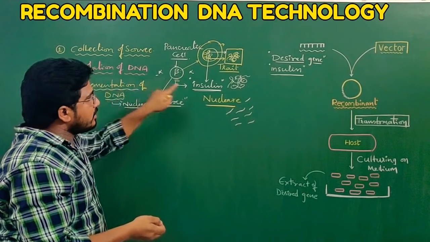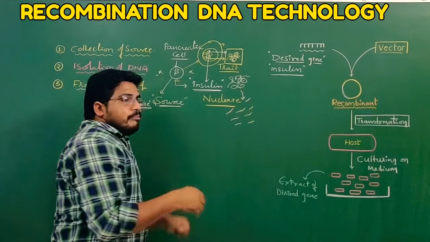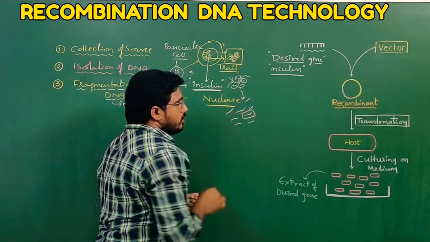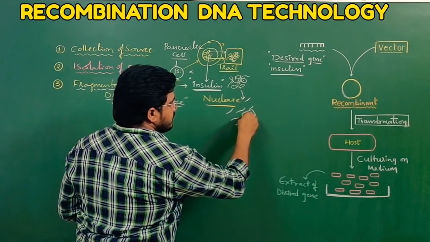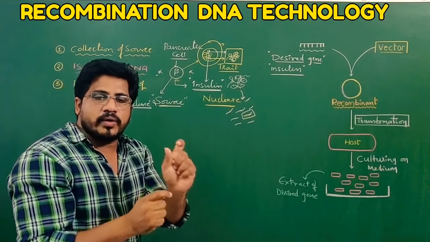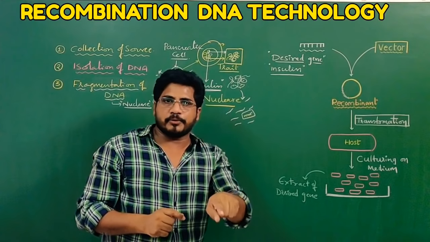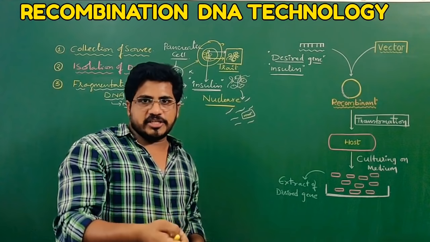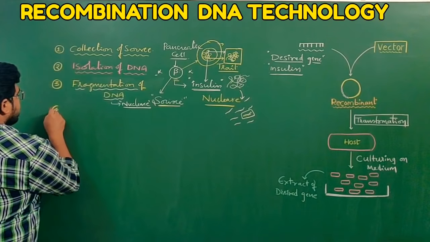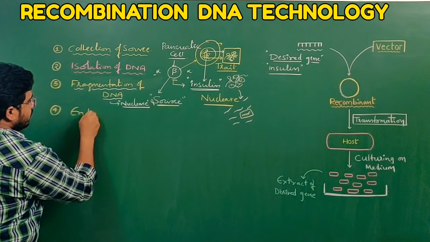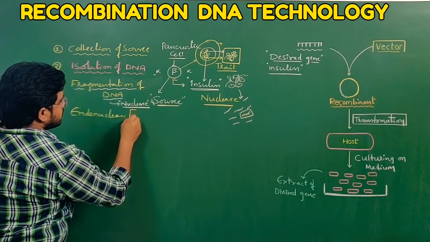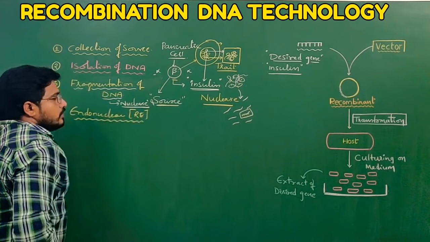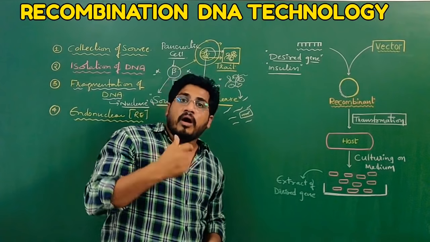Once you have collected the DNA, you have to make the DNA into many fragments so that the wanted fragment can be observed. Here many sequences are there. You want a particular sequence that can undergo transcription and translation and give a protein called insulin. Particular means what? We have to use restriction enzymes. So that is step 4. In step 4, endonucleases, nothing but restriction enzymes, will be used to separate the wanted fragment.